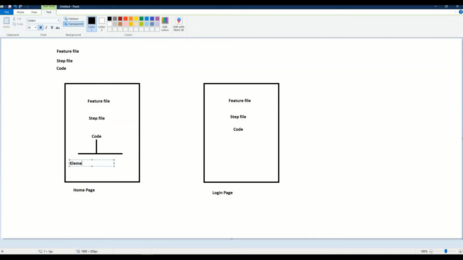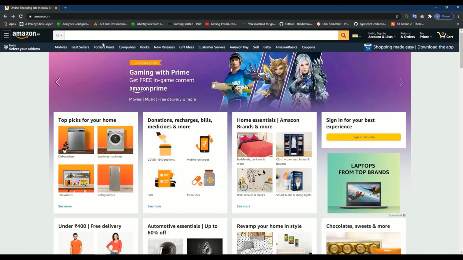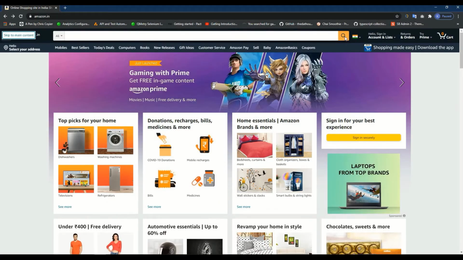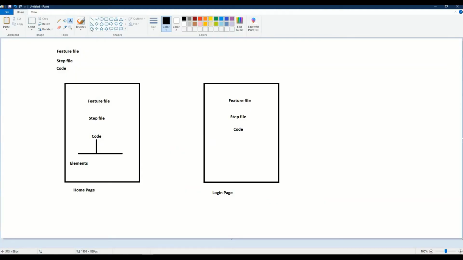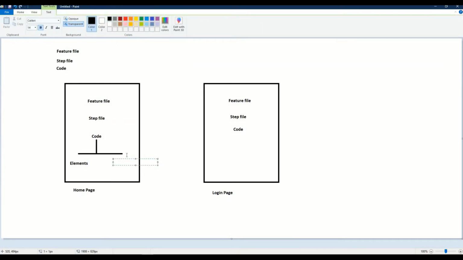We have elements, right? One thing is the elements. If I talk about the home page, mobile, this is an element. Search box, this is an element. This button, this is an element. So all these things are elements, right? One is elements, and the other is, let's say, the script code that we will write, right?